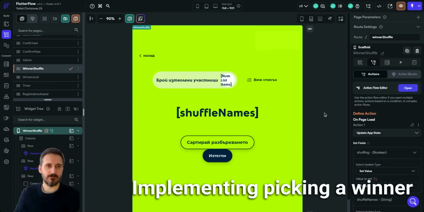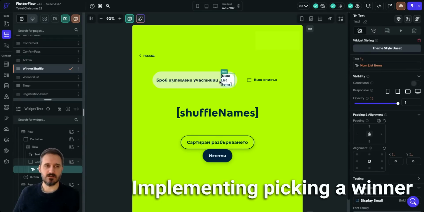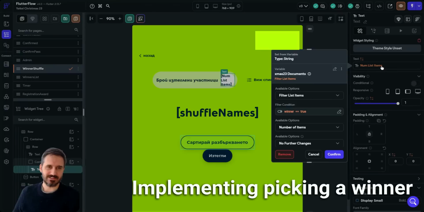Great. And then another thing. So let's go from top to bottom. This is actually the count of the people that were selected to win or pick up to win, and you can get that